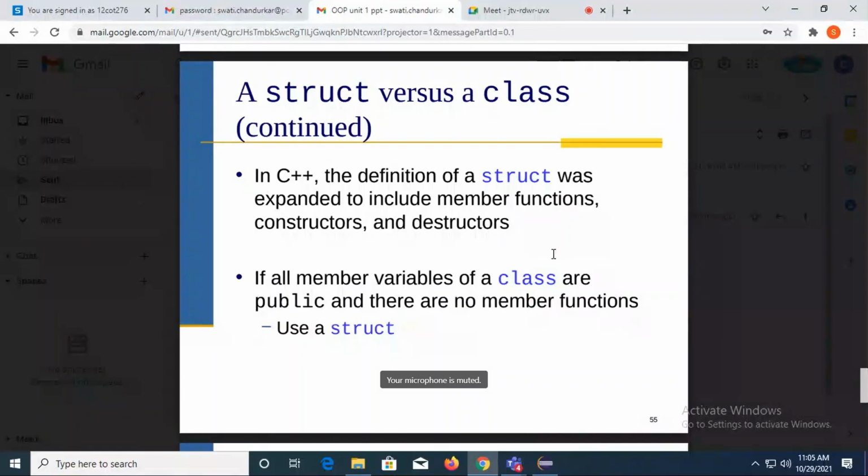The answer is yes. When I define all the data members and all the member functions of a class in a public section, that is nothing but a structure. You can assume it as a structure, because by default the variables of a structure are public, so in that case my class can be a structure.